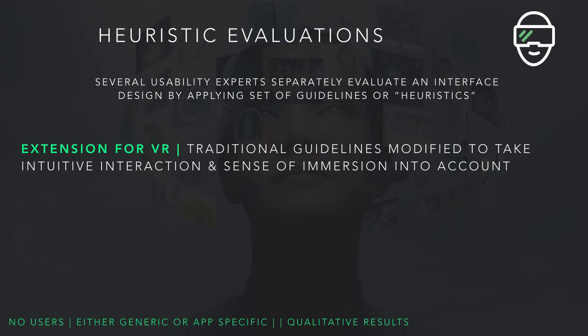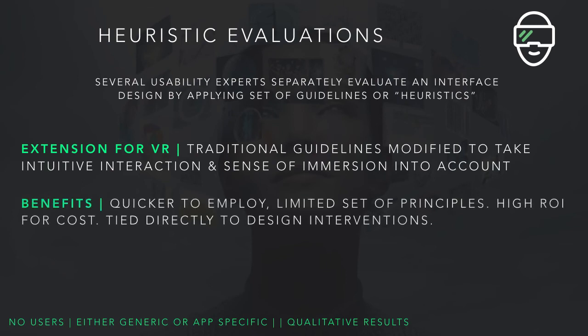So given the underlying assumption that the goal of virtual reality is to represent the real world as faithfully as possible, we need to think about how we're going to modify these already existing heuristics for virtual worlds. And there is actually a list that has been derived from Nielsen's heuristics created in the 90s that looks at this. So the benefit of this type of evaluation is that it doesn't need any users,